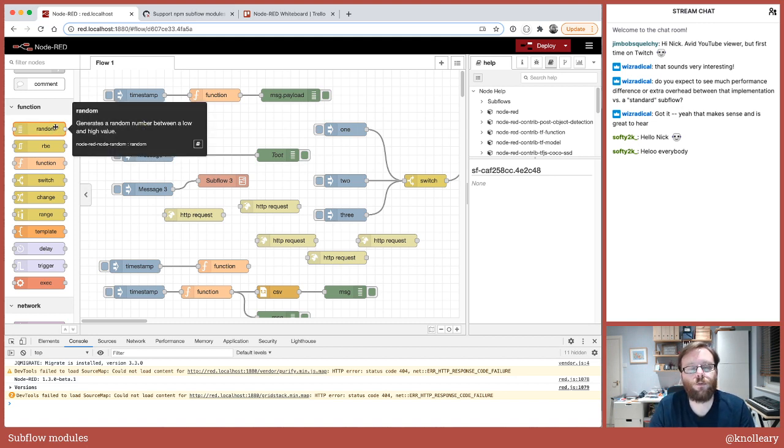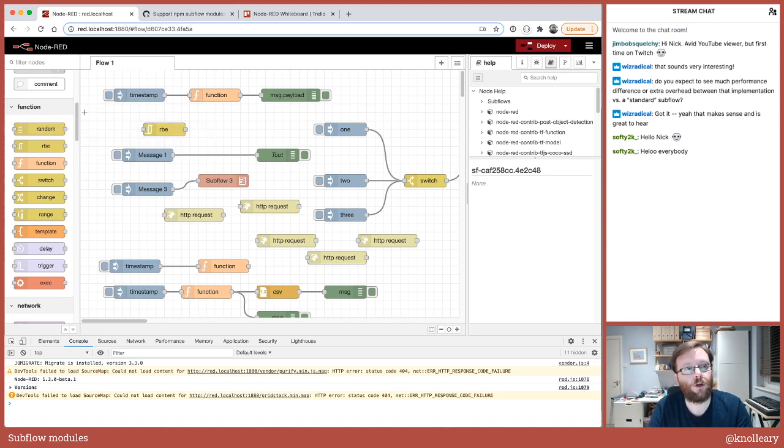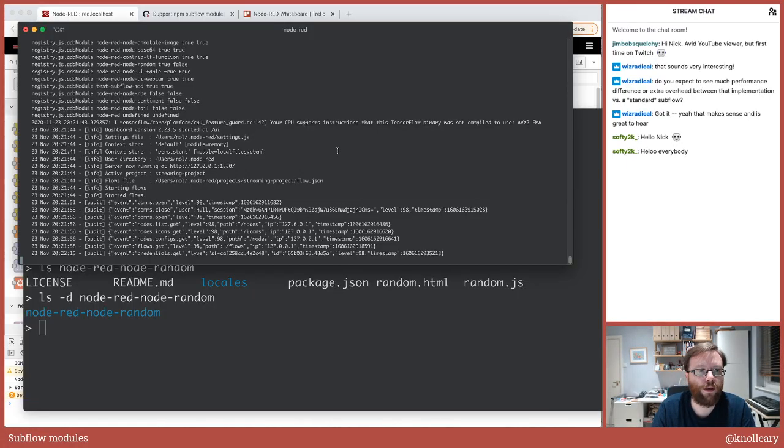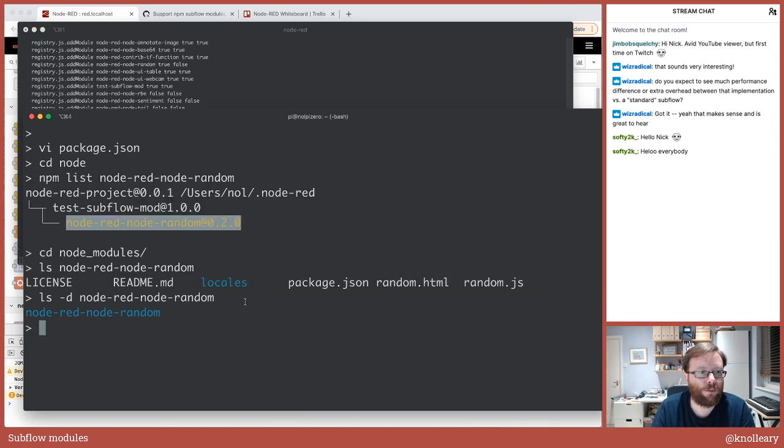Because we installed it from the command line and then restarted Node-RED, Node-RED has discovered the random node just like all the other nodes, and it's been included. So that's good. The problem came when, if we